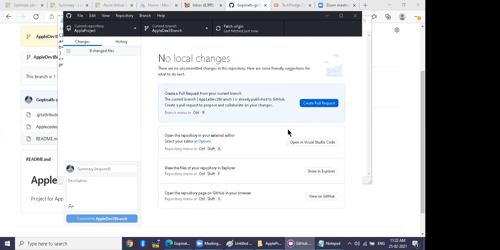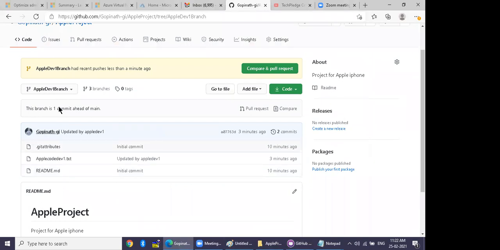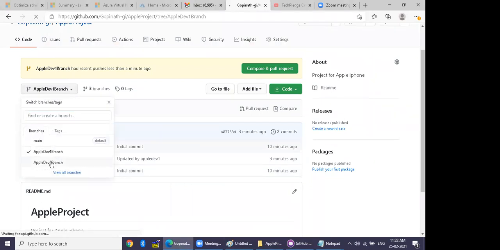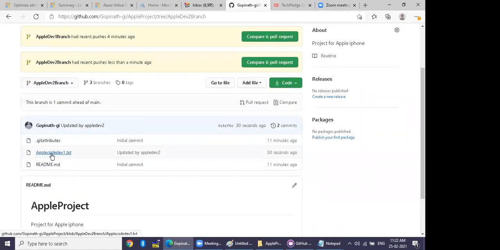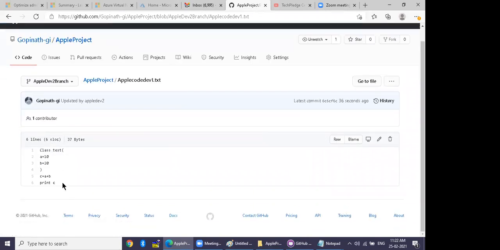Go to GitHub. Switch to the developer 2 branch. So the developer 2 branch has the updated code. Click the code. It means that now the team leader only has to merge which branch? The developer 2 branch, right, to main. There is no point of merging the dev 1 branch, because anyhow the dev 1 branch is half code. Understood now?